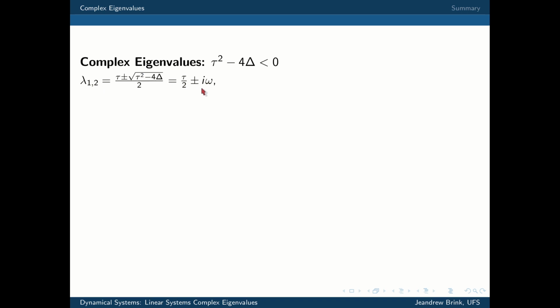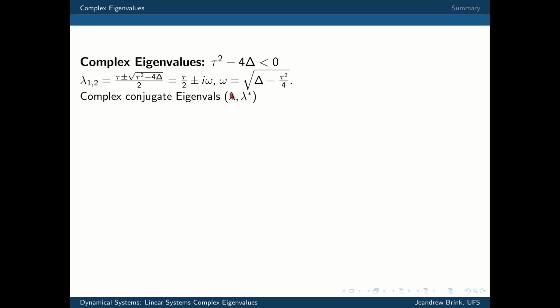And even though the eigenvalues are complex, it's still possible to get a real solution to our linear system of equations. It's typically a trace part plus or minus the complex part, where omega characterizes the complex part, namely the square root of the positive version of delta minus tau over 4 squared. What results is a set of complex conjugate eigenvalues. In other words, they differ simply